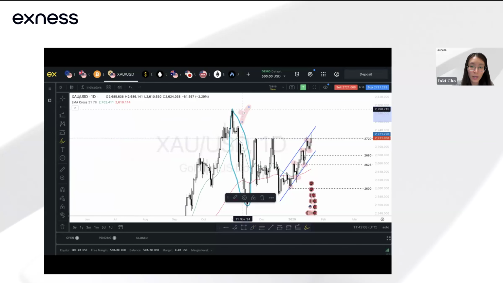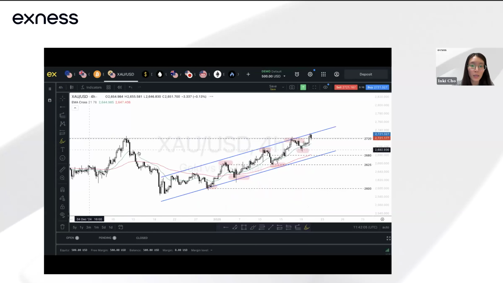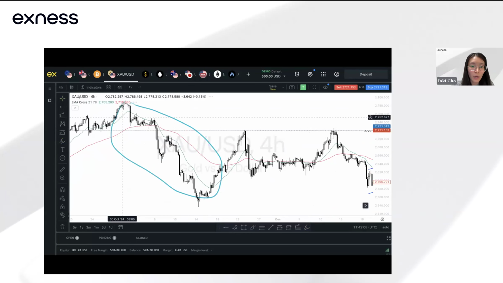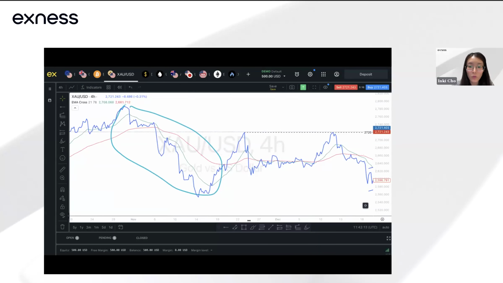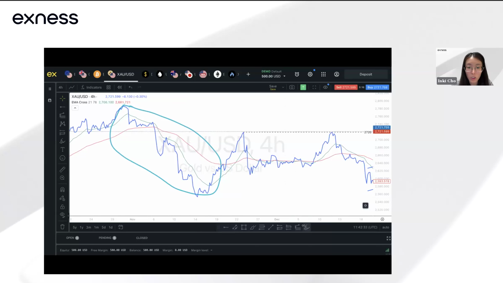So just take a look at this blue highlighted area, this area here. If I move down to the 4 hours, you can see that the whole pullback was marked by lower lows and lower highs. So what this also implies is that every time you see any form of reversal on the higher time frame, you actually see that play out on the lower time frame, and we can take part of those moves. Even though it's just one straight move down on the daily, you can observe that on the lower time frames. And then what happened after is that there's a very clear break and shift in structure, a break to the upside before price continued higher.